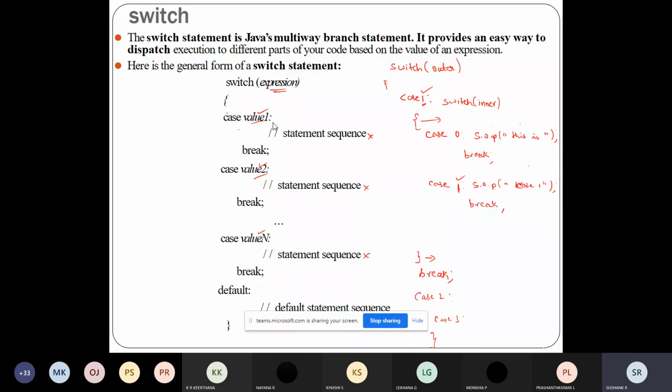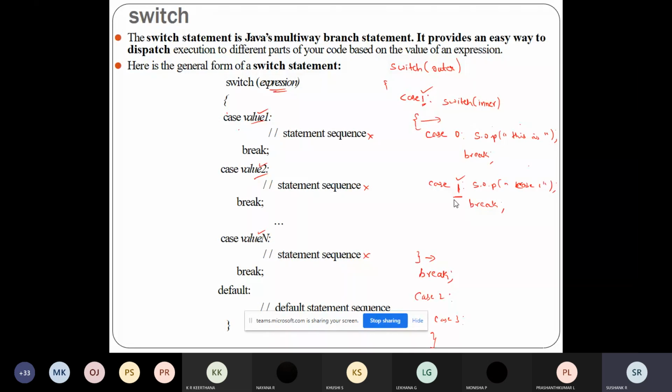So what is a nested switch? We are using one switch statement within another switch statement, and that we call the nested switch. The point to remember in nested switches is this: within a switch, for example within the inner switch, the case values should not match. But between the switches, the case values can match. So this case 1 is different from that case 1. So this is the working of the nested switch statement.